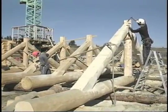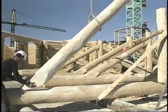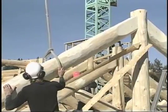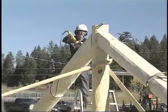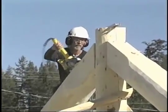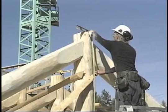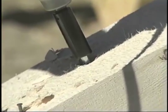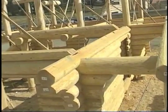These trusses are structurally engineered to carry the roof load and are built to meet or exceed building code requirements. Built by our specially trained roofing crew, these trusses can be made for structural or decorative purposes. They provide an attractive design feature for a home's interior or exterior. Our trusses utilize internal steel gussets as much as possible, so there's no exposed steel other than the bolts, which we countersink. If your home includes a second level or loft, log floor